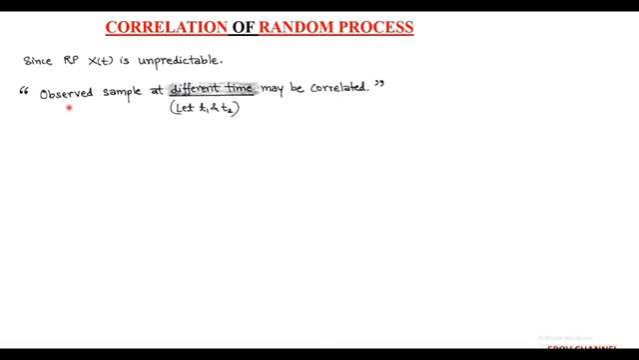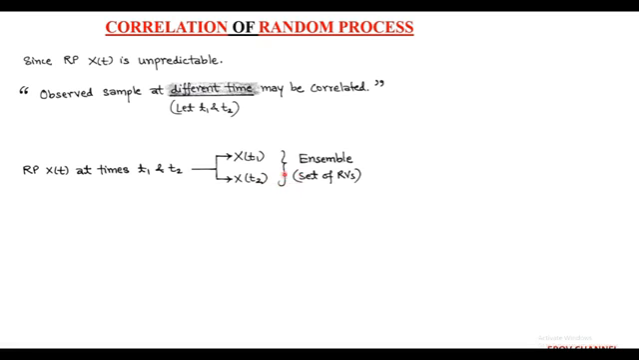Hello friends. Now in this session we are going to discuss correlation of random process. As the random process is unpredictable, but the observed sample may be correlated at two different times, say t1 and t2. So the random process, that is capital X function t at time t1 and t2, is given as capital X function t1 and capital X function t2 respectively, and the combinedly called as ensemble, which are the set of